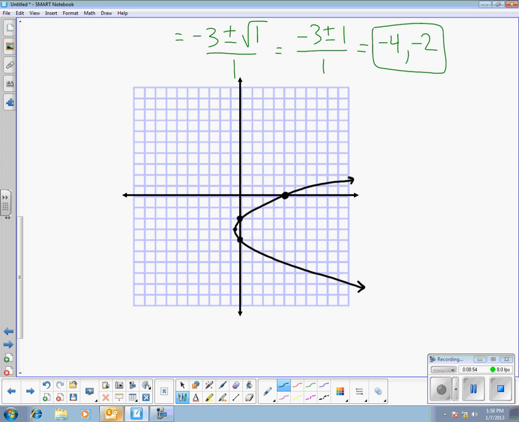And there are other questions I could ask, like what's the symmetric point, which would be down here. And I could ask you what's the equation of the axis of symmetry, which is right there, at y equals negative 3. But the book questions only ask you for 3 things. These are actually 4 things: the vertex, the x-intercepts, the y-intercepts, and a graph. And so until we get into a little bit more about parabolas, that's what you need to know for section